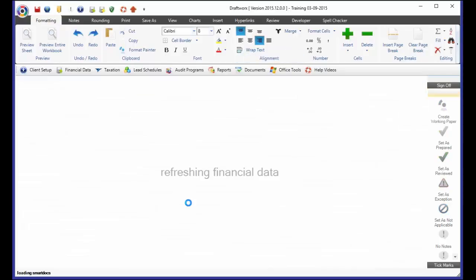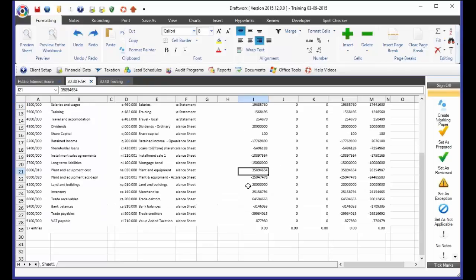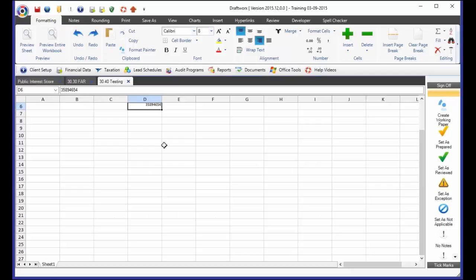But what if, for whatever reason, I'm doing this fixed asset register and this now becomes 40 million? I might have missed a zero there. Okay, I go back to my testing workbook. What do I have here? It's still 35 million. The value has not updated. Okay, why? Because I've just pasted the value. But I want to create a way for this value to change every time it changes in my fixed asset